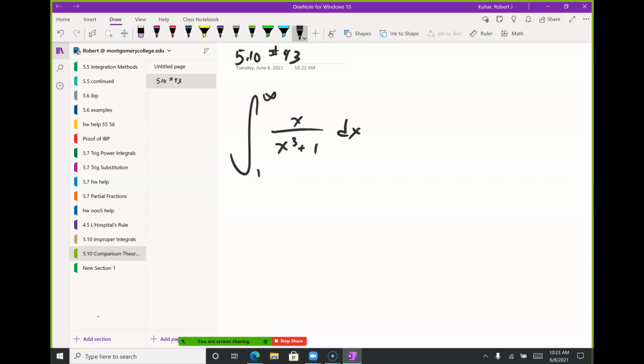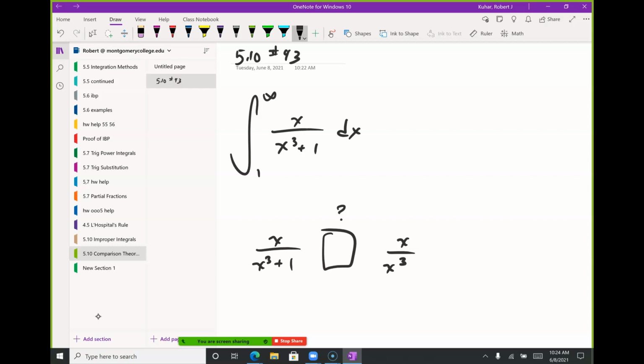But the mother function is that leading term. So downstairs the mother function is x cubed, right? So I'm really comparing x over x cubed plus 1 to x over x cubed. So I'm chopping off those extra pieces. Now, I chopped off a positive number from the denominator. So what happened to my overall quotient? Did it get bigger or smaller? If I'm dividing by a smaller number,